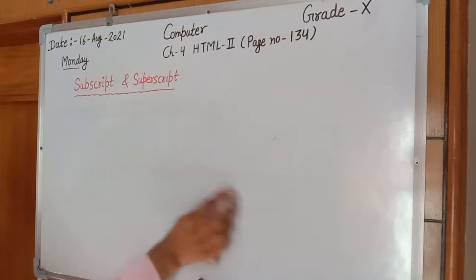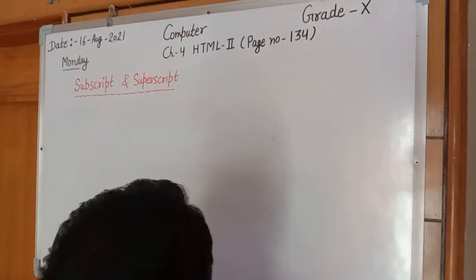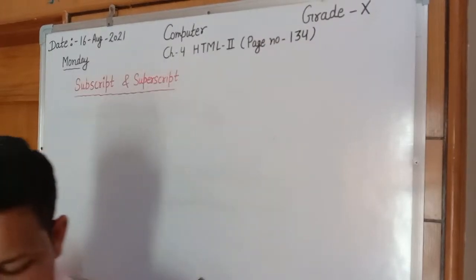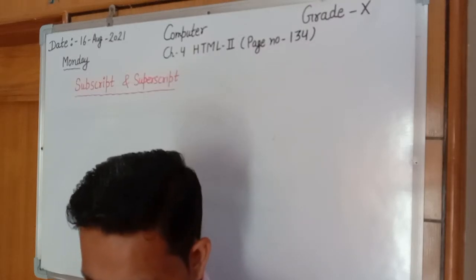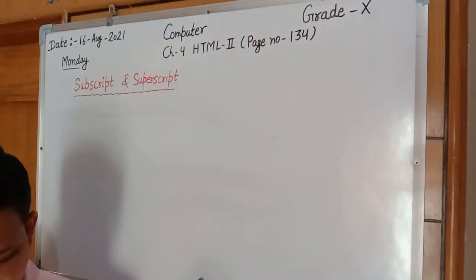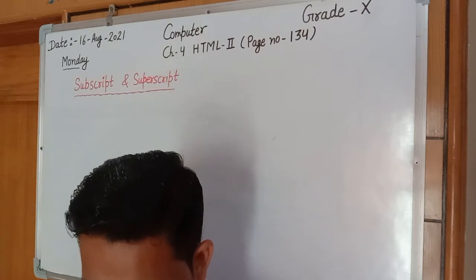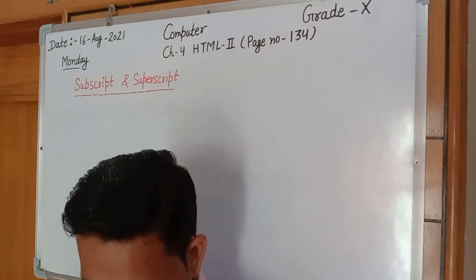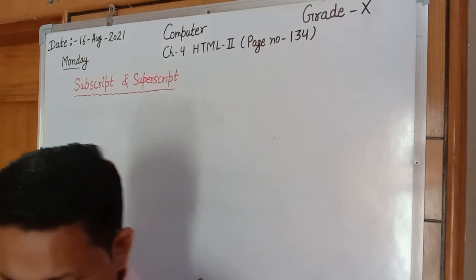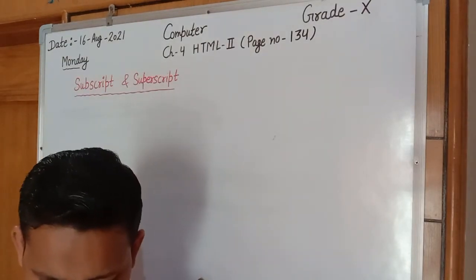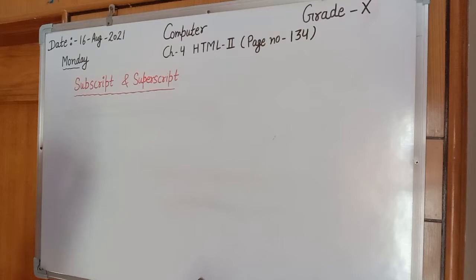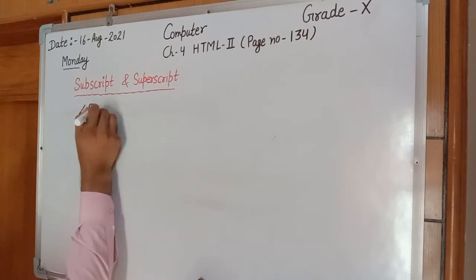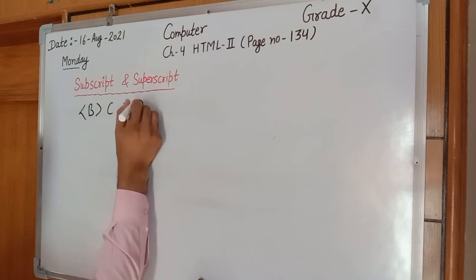Let's discuss the exercise part now. If you are looking at example number 5, in the title it is given subscript, superscript, and afterward in the body tag they have written H3. It is the heading 3 tag in which they have written chemical equations. This will be written as a heading of size 3, chemical equation subscript. Afterward, move to the next line in which B is written. It will make bold, and what part will be bold? C plus O. They have written B, in that they have written C plus O.